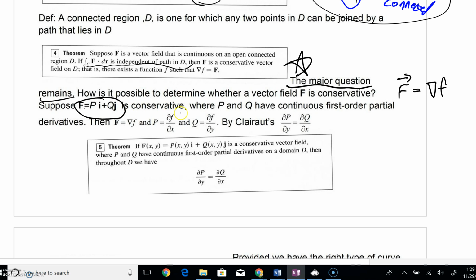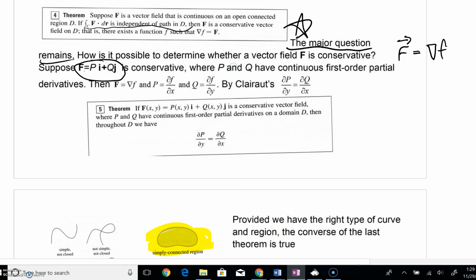We could say that if that's the case, then we know that by Clairaut's theorem, we could say that P was really going to be the derivative of F with respect to X. Remember, that's what the gradient of F is. It's this derivative of F with respect to X, and your y component would be the derivative of f with respect to y, we're going to say by